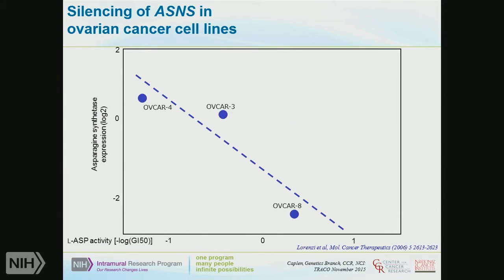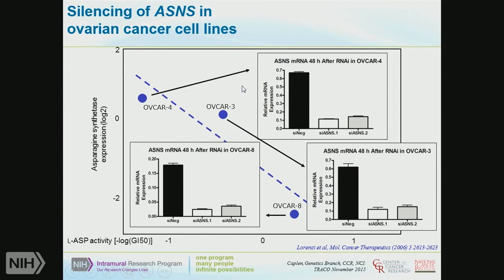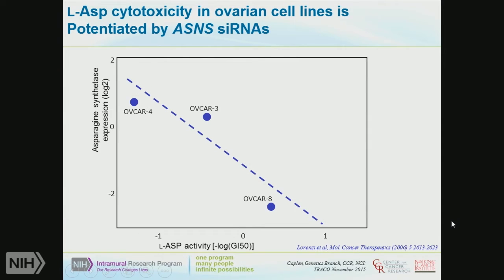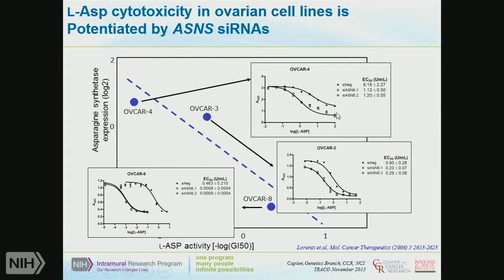So what you're seeing now is the 3 cell lines that we studied, who have varying levels of asparagine synthetase and have varying sensitivities to L-asparaginase. And what we're able to do is get very good knockdown at an RNA level. We're able to find a time where we got maximal effects on protein, and then we could do the pharmacology. And what we could see from here was that we were able to get a potentiation of the signal, or sensitivity of these cells, in all cases when we silenced asparagine synthetase. So now we had a functional relationship between the levels of asparagine synthetase and sensitivity of this drug.